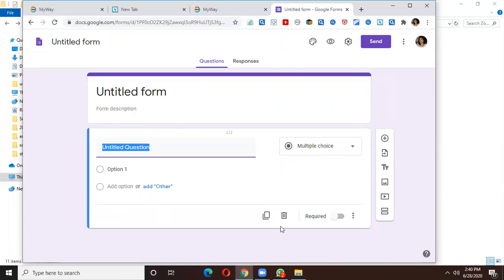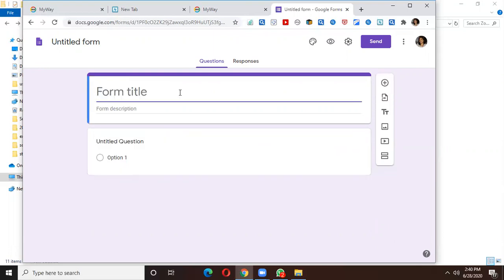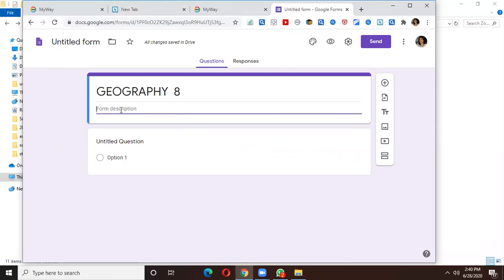This particular window is right in front of you. We see that there is an untitled form and there is a question in front. When we click on this untitled form, this is a name we need to give. Suppose I'm setting a question paper, geography for class 8. Now here is the form description. I need to give the description of the form. What form is this? Is it a mock test, revision, roundup? Suppose this is a mock test, round 1.